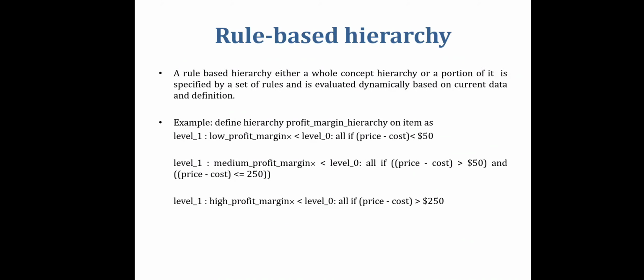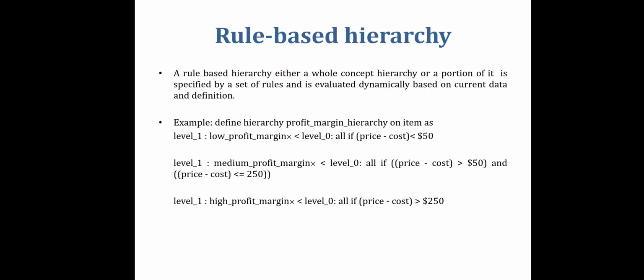With that, the last one is nothing but a rule based hierarchy. What does this rule based hierarchy say? In a rule based hierarchy, either a whole concept hierarchy or a portion of it is specified by a set of rules, or it is evaluated dynamically based on the current data or definition. It means we are applying some set of rules to a portion of that hierarchy, or you can adopt the whole concept hierarchy and then apply the set of rules over there. By using that set of rules you gain some knowledge from it, or you apply some definition on that current data,